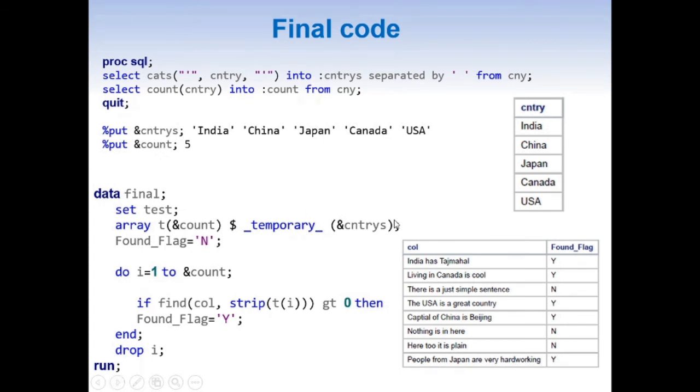Now it's time to wrap up and discuss the complete code in here. So we want to compare all the values of this table with each observation of this table, and if we find the value, then the new column should have the value of Y, otherwise it should have the value of N. And this we are achieving in two steps. In the first step, we are creating macro variables from this table wherein we are capturing the number of elements and also the elements required for this code.